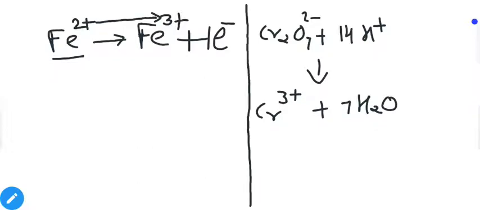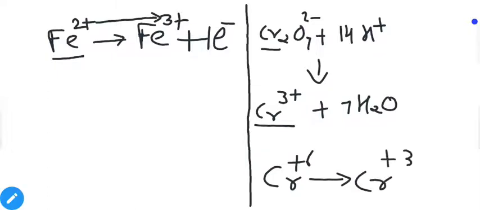On the other hand, for the reduction half reaction, initially chromium was in the +6 oxidation state, and after the reaction it changes into +3. And we have two of them, two chromiums on both sides. So 2 Cr+6 are being reduced into 2 Cr+3. So the change in oxidation state is 3 points. It means a chromium +6 ion accepts 3 electrons. Here we have 2, that means 2 chromium +6 ions will accept 6 electrons. That's why we have to add 6 electrons.